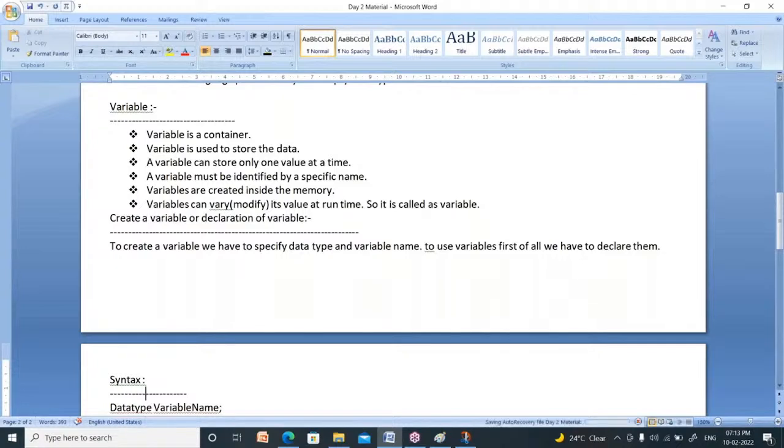A variable must be identified by a specific name. Variables are created inside the memory. A variable can change or modify or vary its value at runtime. So it is called a variable.